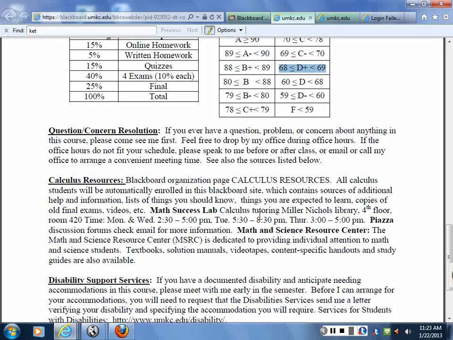Calculus resources. We're really trying to beef up the resources we have this semester. I'm recording the lecture, so that gives you a resource there. We also are having a new Math Success Lab on campus. What that means is it's calculus tutoring. For Calc 1, Calc 2, and Calc 3, there will be a calculus instructor there most days. The times are going to be Monday and Wednesday, and also Tuesday and Thursday, from 2:30 to 5, 5:30 to 8:30, 3 to 5. So in the afternoon times,